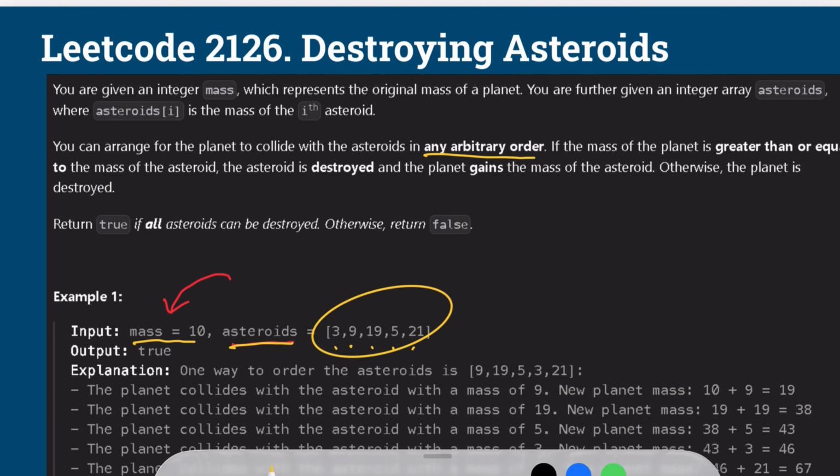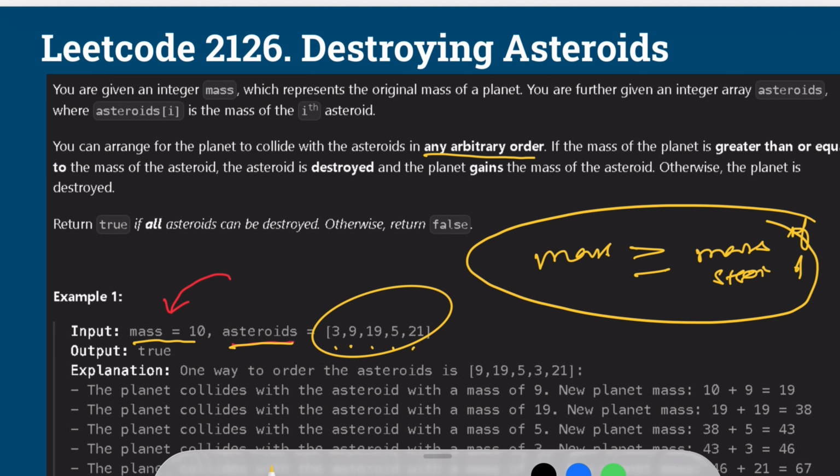If the mass of the planet is greater than or equal to the mass of the asteroid,